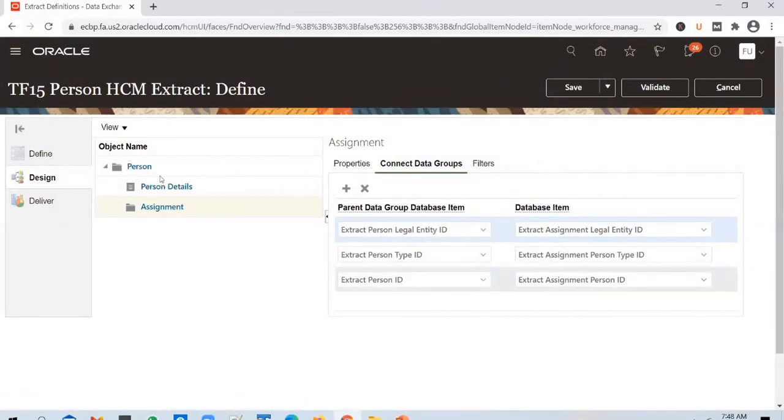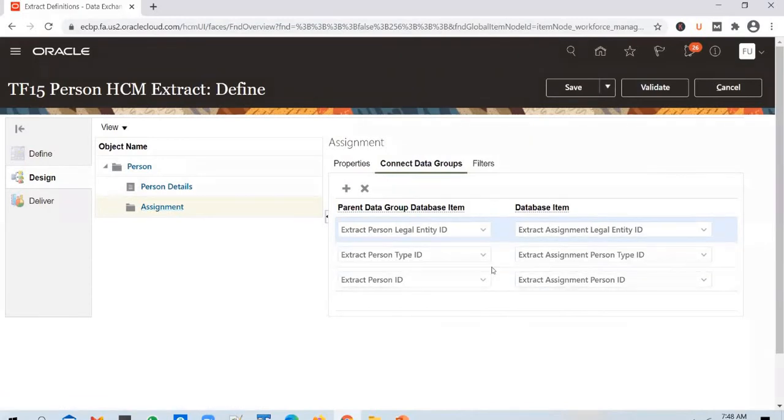So if you see here, extract person ID, this is coming from person ID, and it is linking it up with extract assignment person ID. So it is like you will pick up the person ID from the employee, and then on the assignment user entity, you search for assignments for that particular person.